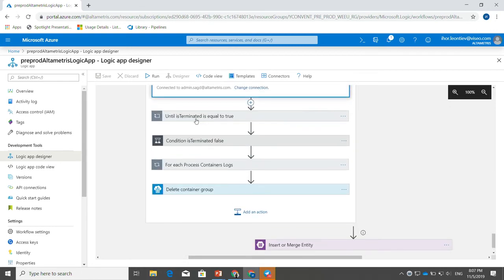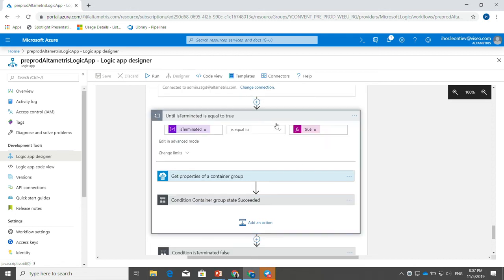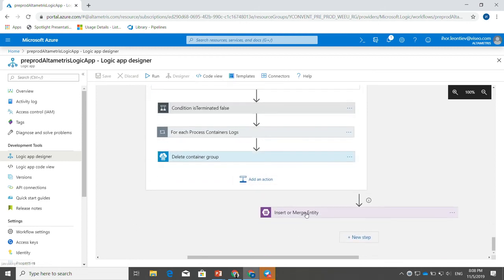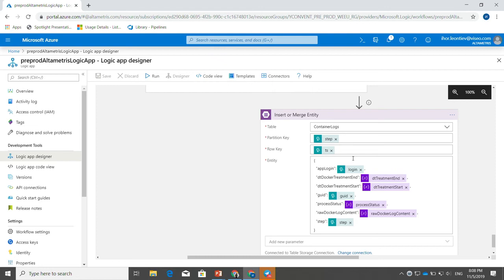After that, we verify the condition of what is happening with the container. If the state of the container is finished, and it has uploaded the results of the data to the blob storage, we can delete this container and free the resources. That is why this is containerless and serverless: we are using only the compute power that we need. And only after everything works, we add information to the table about when the treatment started, when the treatment finished, etc.